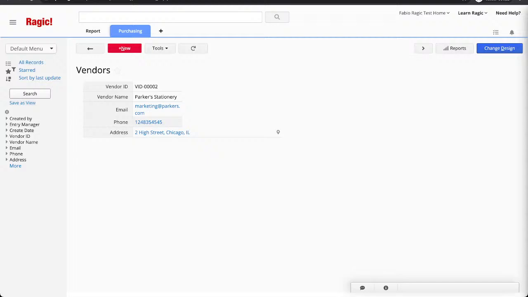So, continuing with the topic, changing the design of a Ragic sheet is very easy compared to using, let's say, an external IT partner helping you. You have to communicate with them, telling them to use code to change a form design or the formatting of a field. In Ragic, it's just one button, this Change Design button, one of the most important buttons when designing a Ragic database. So if I click this,